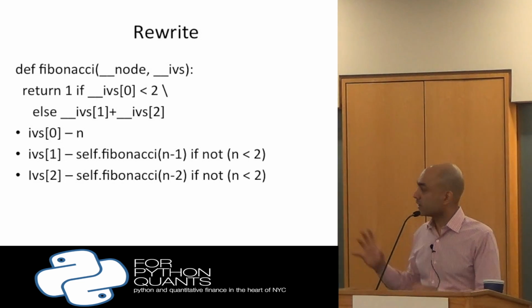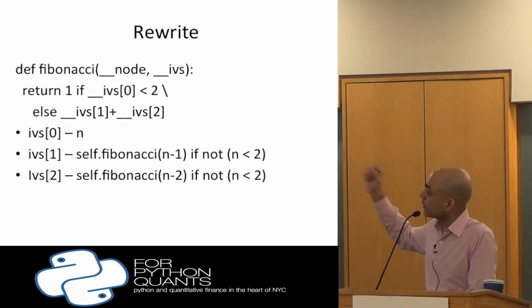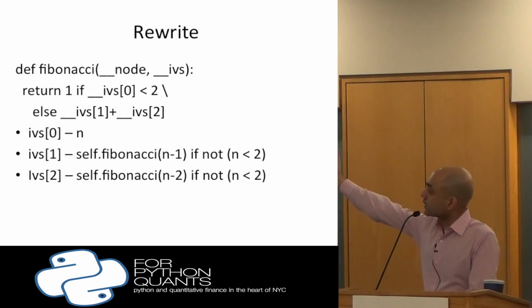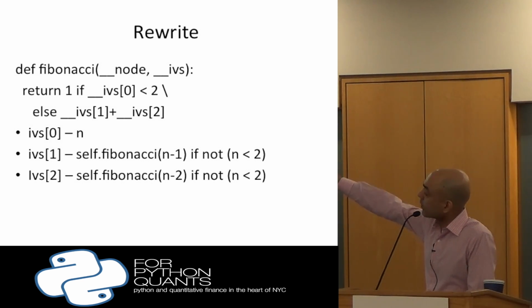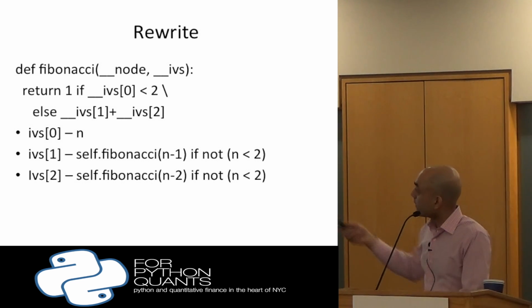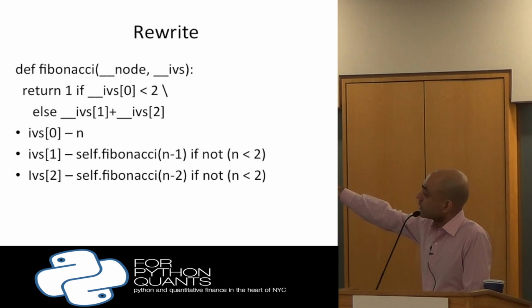So how this decorator basically works is a little bit under the hood. It will rewrite that function into something that takes a node, which is what it's evaluating, and a list of input values. And so the code transformation looks kind of like that: you've replaced every method reference, like self.Fibonacci of n-1, with simply an index into an input value array. And at the bottom, you see what the parser infers about what the inputs are. Input number 0 is just the argument. 1 is Fibonacci of n-1, and we also have conditionals.